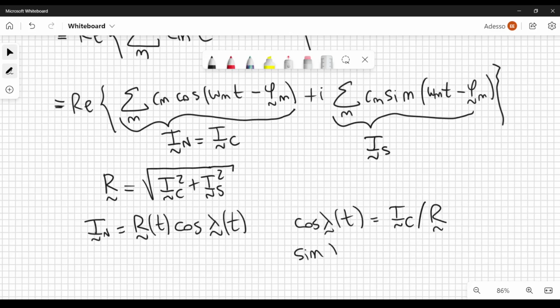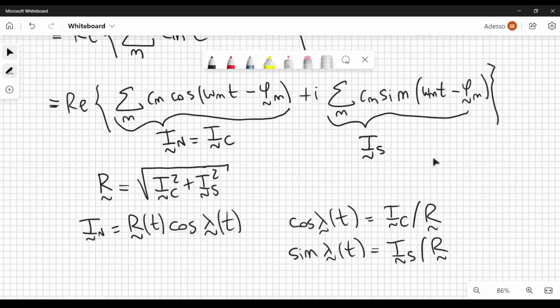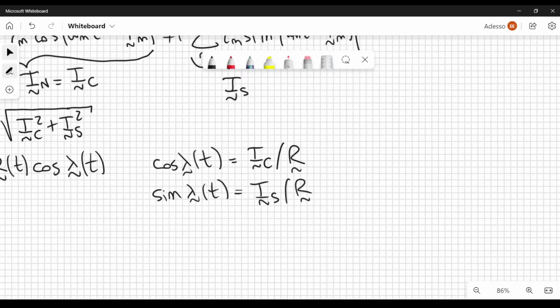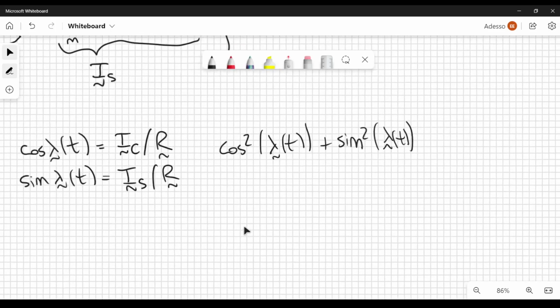And the sine of lambda of t is equal to I sub s divided by R. Now, if you take the cosine and you square it of lambda of t plus the sine squared of lambda of t, you can easily check that you're going to get 1,